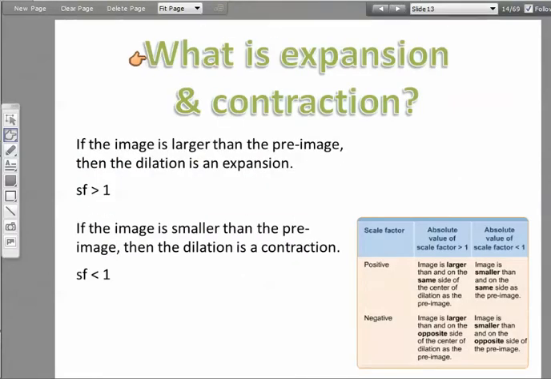Now let's look at what is expansion and contraction. If the image is larger than the pre-image, then the dilation is an expansion. That means it's getting way bigger. Okay? So the scale factor has to be greater than 1 for it to be an expansion. And if the image is smaller than the pre-image, then the dilation is a contraction. So that means that the scale